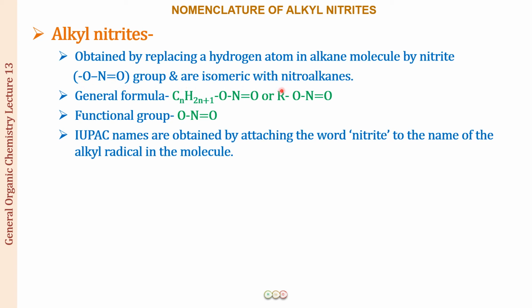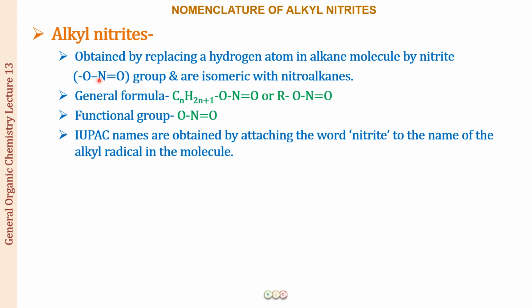So these are going to be isomeric with the nitroalkanes, because in the nitroalkanes also the group was NO2. So it was one nitrogen and two oxygen atoms. Here also we have one nitrogen and two oxygen atoms. The only difference is that here we have the alkyl group attached to the oxygen atom, whereas in the nitroalkanes it was the nitrogen which was attached to the alkyl group. Just like we did the isocyanides and the cyanides, the alkyl nitrites and the nitroalkanes, they are also isomeric. Okay, so only it is the difference in the point of attachment of the group